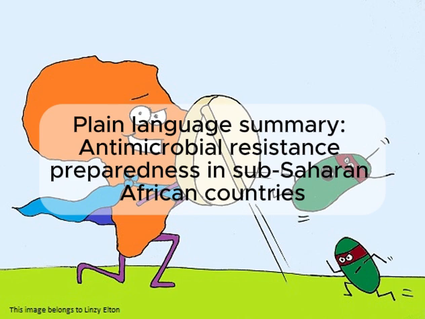We saw that East Africa had the highest percentage of countries reporting having antimicrobial resistance national action plans in place, as well as having both human and animal pathogen resistance surveillance programs. Now, having a national action plan in place suggests that a country is committed to trying to reduce antimicrobial resistance. And having these national surveillance programs, which are actively looking for resistant infections, suggests that a country has a good amount of laboratories and trained staff who are able to process these samples. So they're going in the right direction.